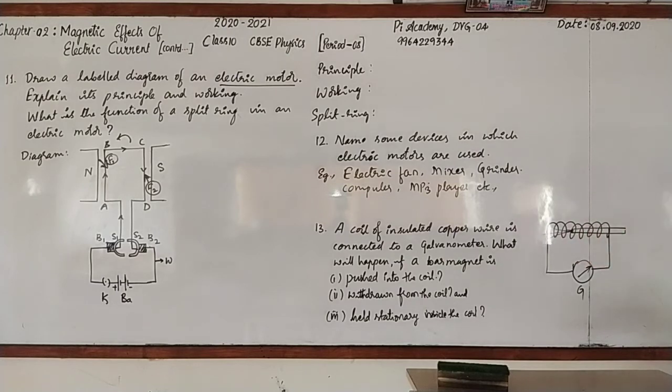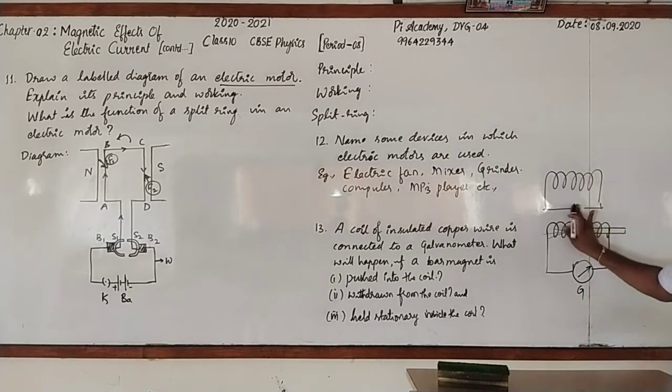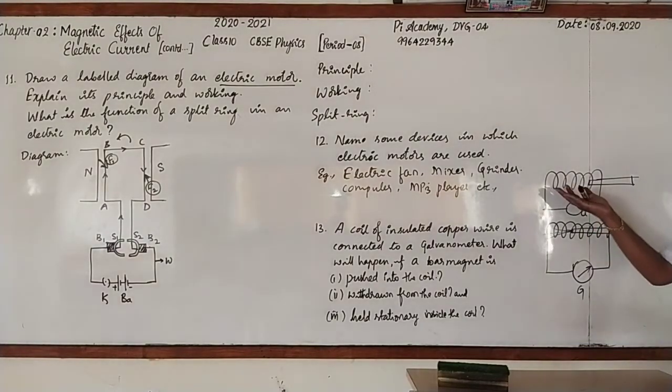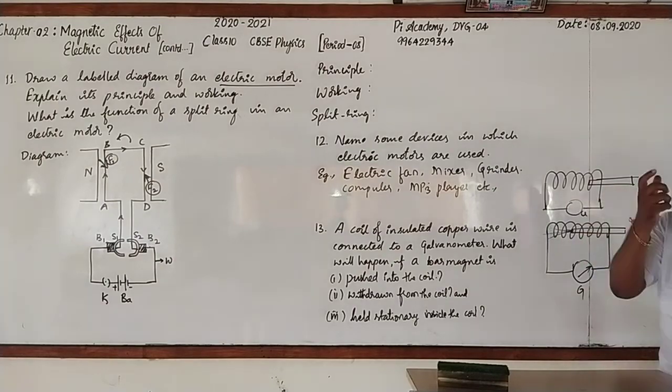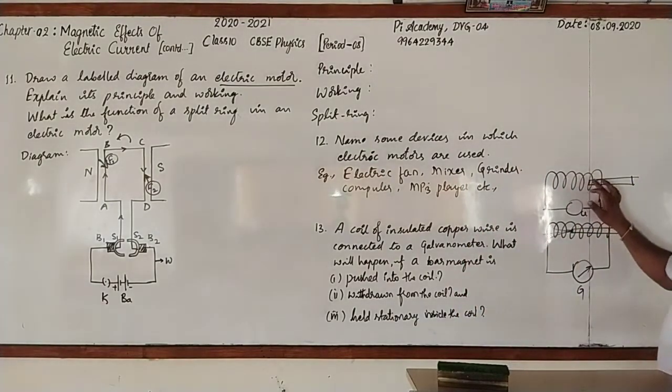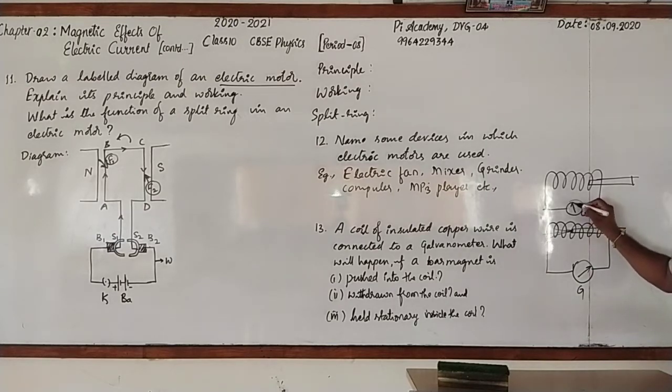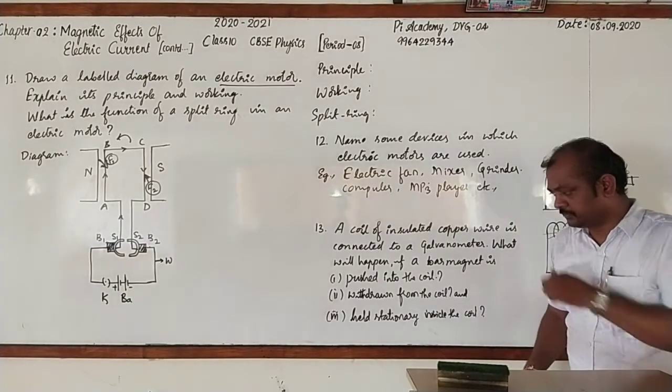Next, what happens if a bar magnet is withdrawn from the coil? If it is taken out from the coil, again here I will draw. Just keep observing. Here also the free ends are connected to the terminals of a galvanometer. Now this time we are going to take out the bar magnet from the coil. Again there is change in the magnetic field linking with the coil. Hence current is induced, and that can be known by observing the needle in the galvanometer. The needle in the galvanometer momentarily deflects, but this time it will be in the opposite direction. Got it?